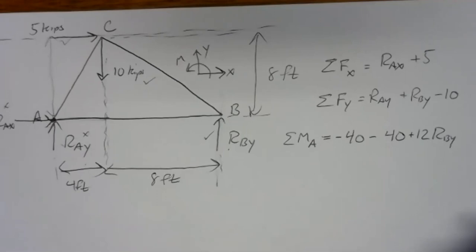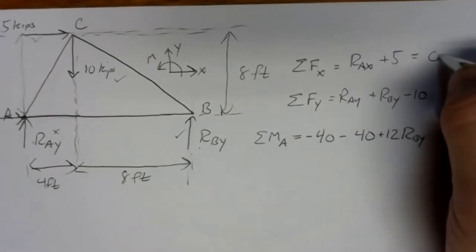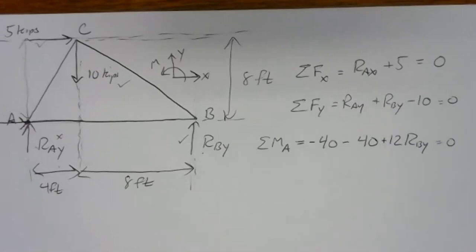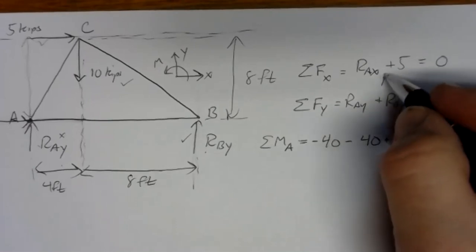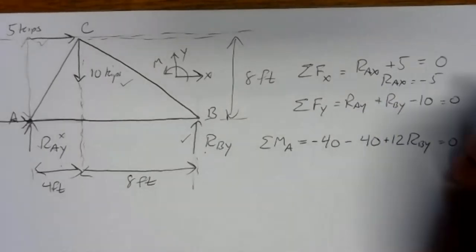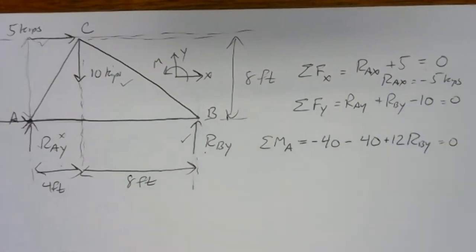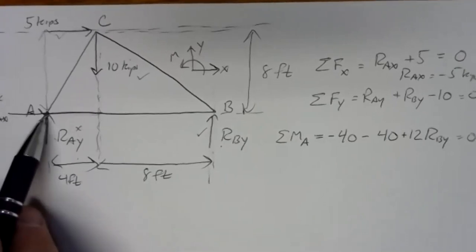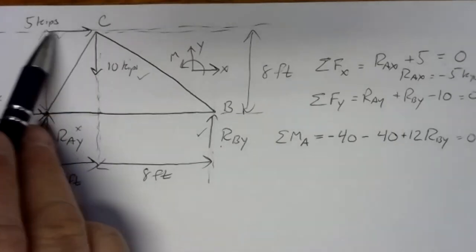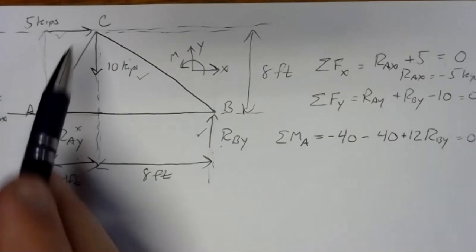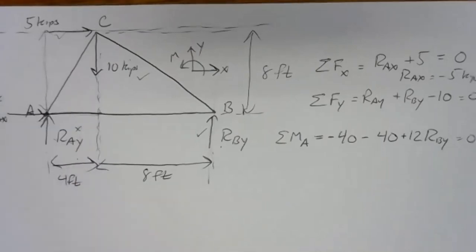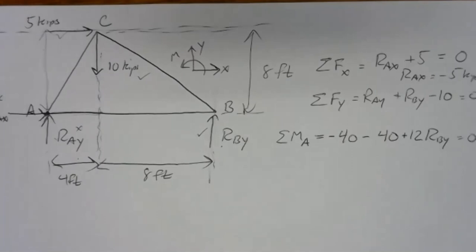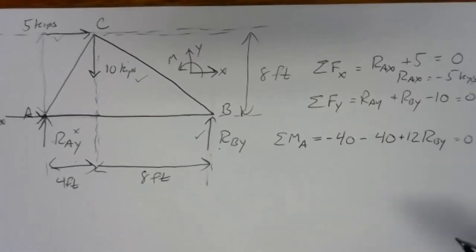So there we've got our equations of equilibrium. Since if we're in equilibrium, all of these must equal 0. Well, the x direction equation we can solve pretty easily. That's just going to give us RAX equals minus 5 kips. And that just tells us our assumed direction was incorrect, that RAX should have really pulled to the left instead of pushed to the right, which makes sense if you look at the loading. We've got something pushing to the right at C, so we've got to have something pulling to the left at A to oppose it. So we're going to hang on to that for a second. We'll see how we can deal with that